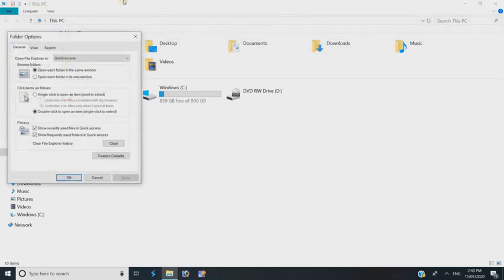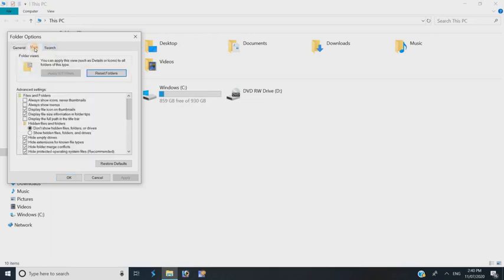Okay, so the Folder Options dialog box now appears. Bring the mouse pointer near to the View tab and click. This is the General, View and Search tab. Click onto the View tab, and in the View tab, in the Advanced settings area, you will see the option Hidden files and folders. This is the option here.